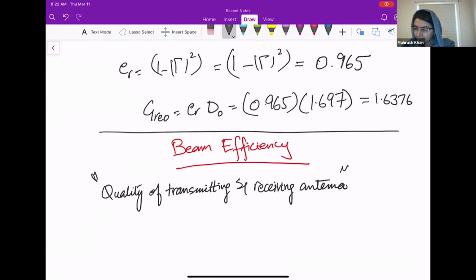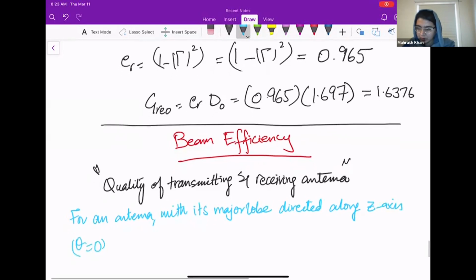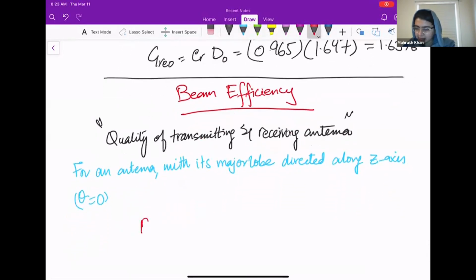Let's say, for an antenna with its major lobe directed along z-axis, that is theta is equal to 0, beam efficiency can be defined as